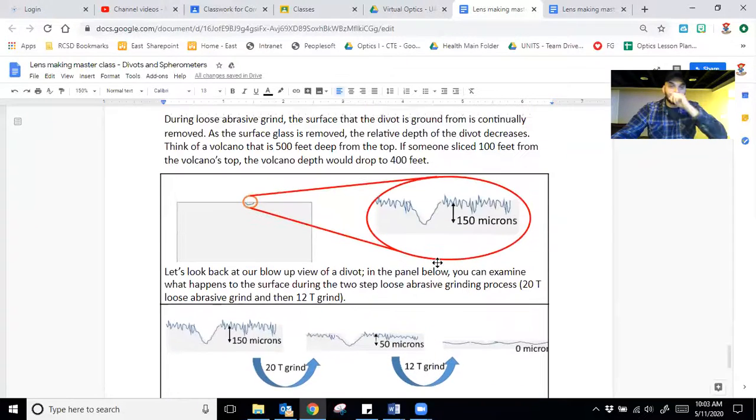And then this last part talks about you have a 150 micron depth divot. Now, I want to get that part ready for polish. Remember, a divot is just a visual marker that you create with 12T grit, so that when you're grinding later, you're removing that bad subsurface damage that doesn't allow us to polish properly. So if I take a lens that has tons of subsurface damage, right off the curve generator, and I try and polish it right away,